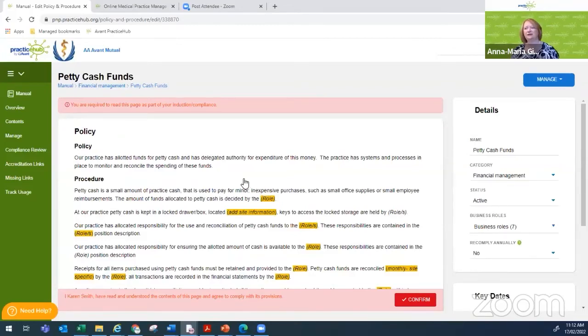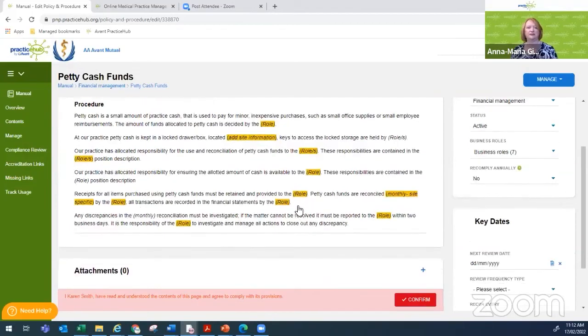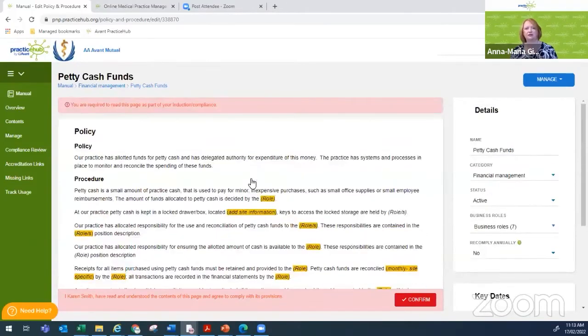So petty cash, one of those things really, I tend to think, how much is the petty cash float? That's what you could have in here. Who can use it? What can it be used for? How is it reconciled? How often? And what happens with discrepancies? So somebody has spent some money, there's no receipt. How are you going to handle that discrepancy? What is the process? With the petty cash one, those are the sorts of things that would be in your procedure. And you can see here discussion about discrepancies, who's responsible, what can it be used for, retaining documentation,